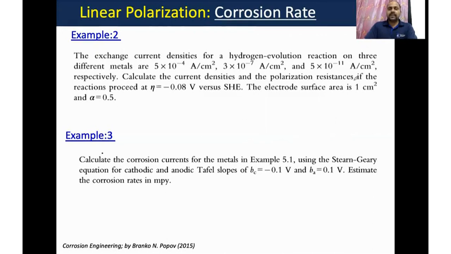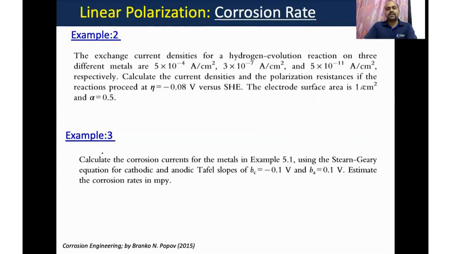Now the third topic, or the third method to calculate the corrosion potential, is open circuit potential. Open circuit potential versus time. Like with respect to time, what is the change in the open circuit potential? Based on that value, we can also estimate the corrosion current. So the change in the open circuit potential versus time of the corroding metal is determined, the OCP as a function of time.